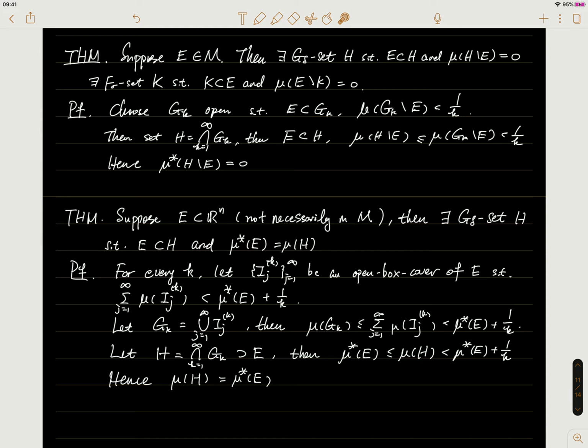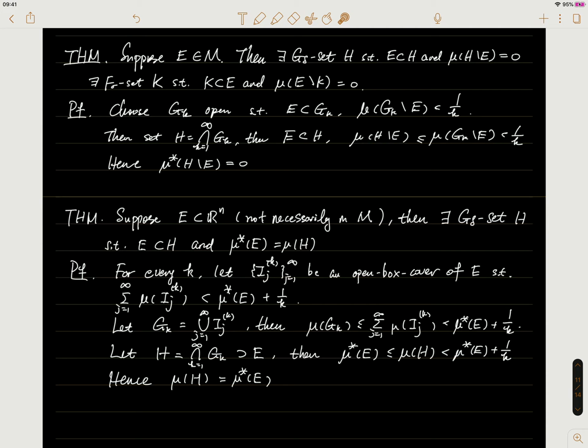Okay, and then we can take the intersection of these G_k's. So the intersection of these open sets G_k gives me this G delta set H, and since E is in every G_k, E will be inside the intersection, which is this H. So E is included in H, and the difference of them is less than or equal to